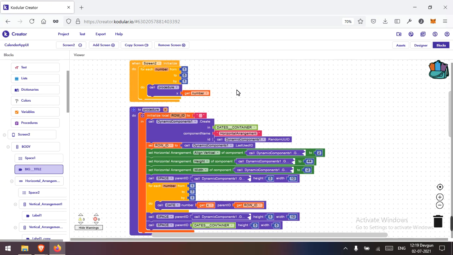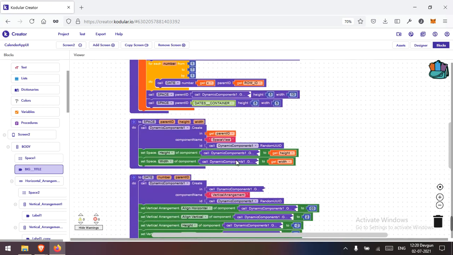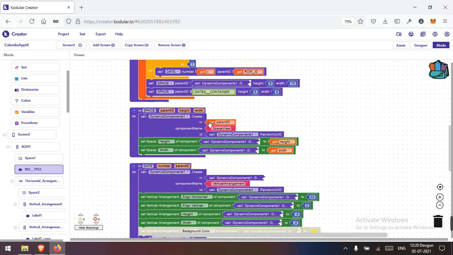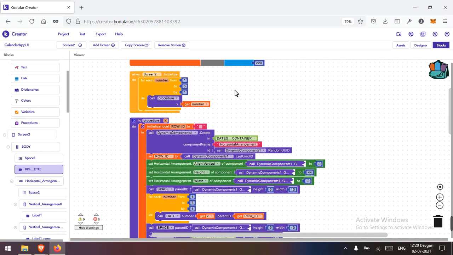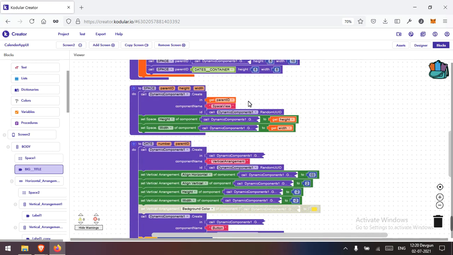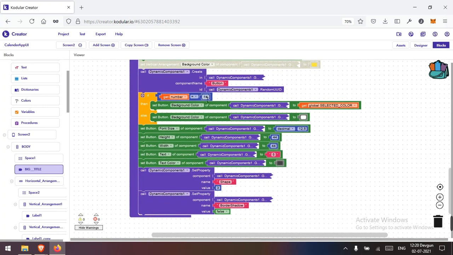Okay, let's say if it is, we don't need this number because it is returning the 5 only. So let's say if this is 5, then the color is going to be